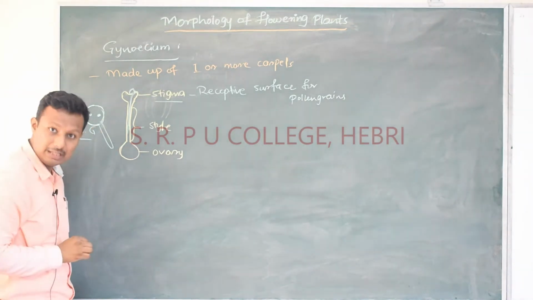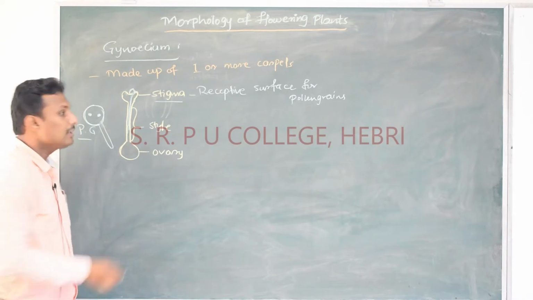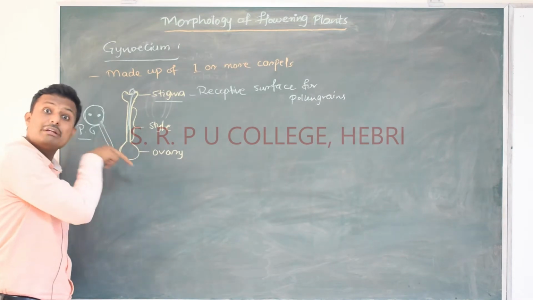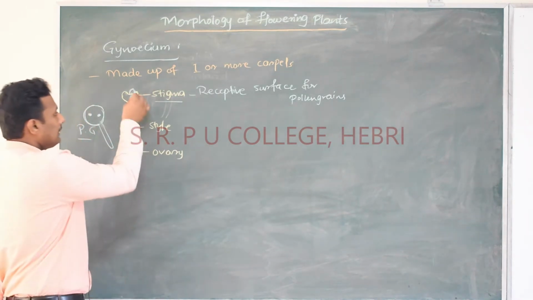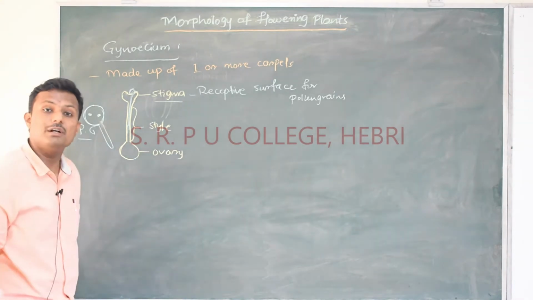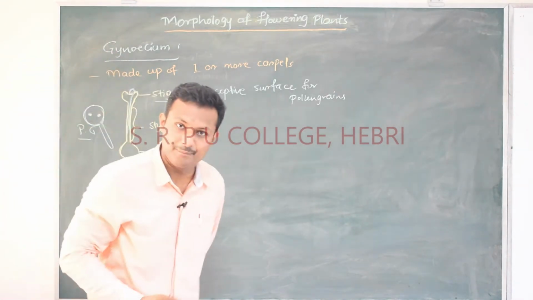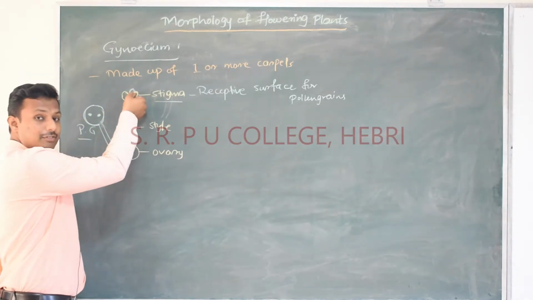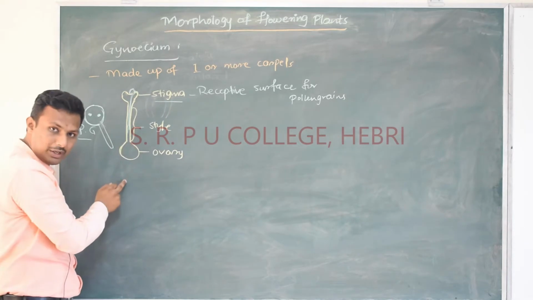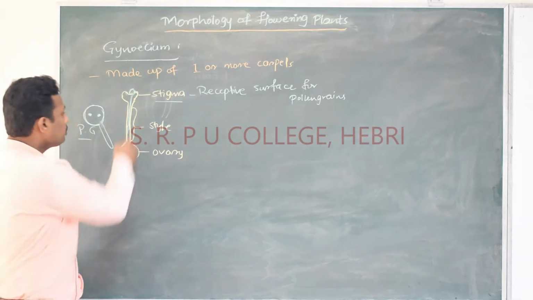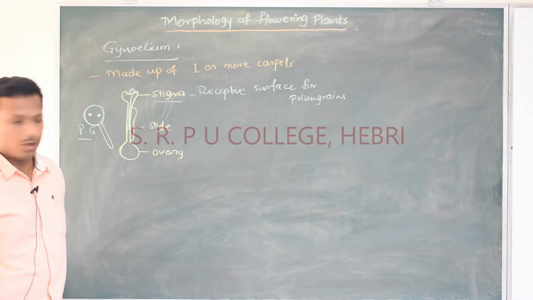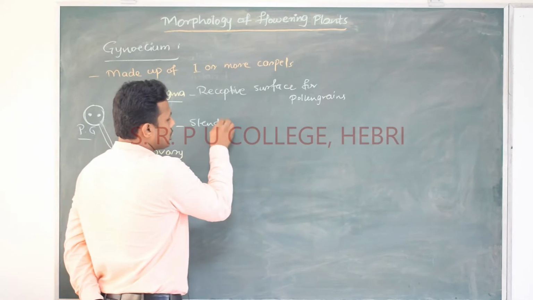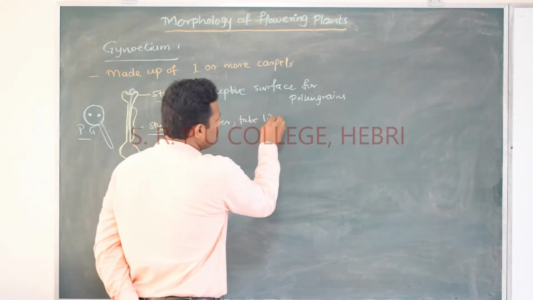is produced from it. Why? The male gametes are non-motile, so the male gametes have come and settled here, and they have to reach where? To the ovary where the female gametes are present. So from here to here they are transferred with the help of a tube like structure, and that tube like structure will be passing on from the receptive surface called stigma to the ovary to reach the female gamete through the passage called style. Style means what? It is a slender tube like structure